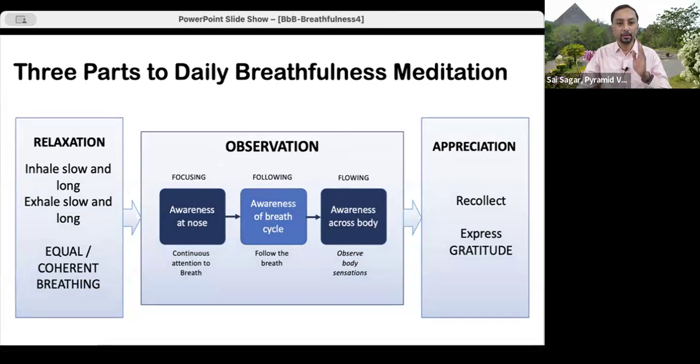Over time, our natural breath will also slow down to those rates of breath. So through this process of equal breathing, conscious breathing, you can do box breathing as well. Through that process, we are centering ourselves, we are calming our mind, we are relaxing our body, we're trying to silence a lot of our thoughts. And then we get into the core of the meditation process, which is start observing, being aware of our natural breath.